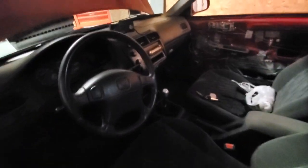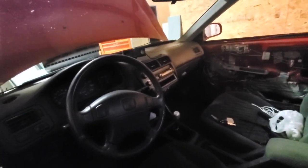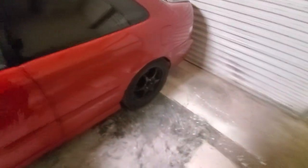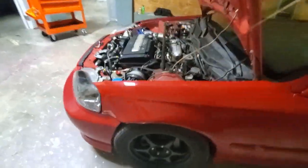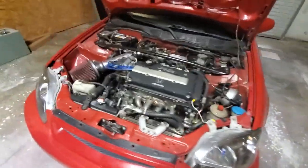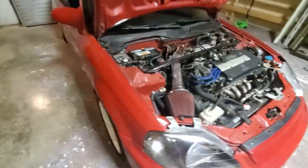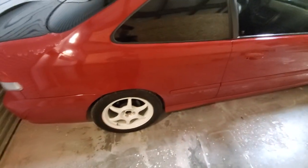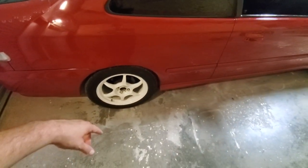Oh yeah, and I'm still running stock ECU, but I have an Apex AFC for adding fuel to it to make up for the displacement, which it's running fine. But I would like to get an actual ECU with Honda at some point to make this thing run a little stronger. It has some cheap, I think it's called Yanaka, coilovers on it,